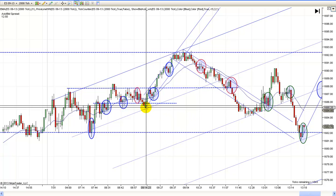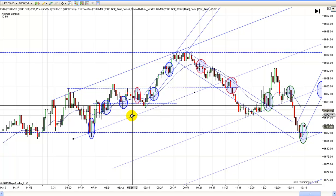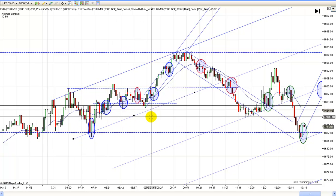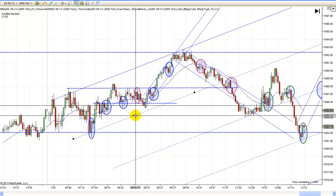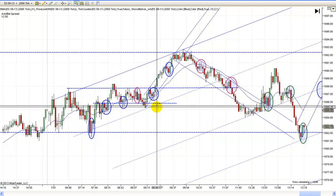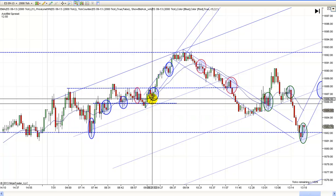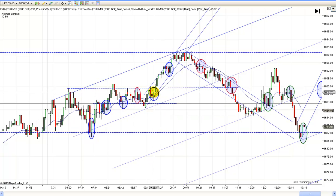But you could have considered this was a bounce off of this line, because this line could have been a little bit higher right here maybe. But I was using those closes down through there. And actually I was using that bar right there because we found support. And that's real close to meeting the line. It didn't quite meet it, but when we failed to go lower here, that's a second entry long,